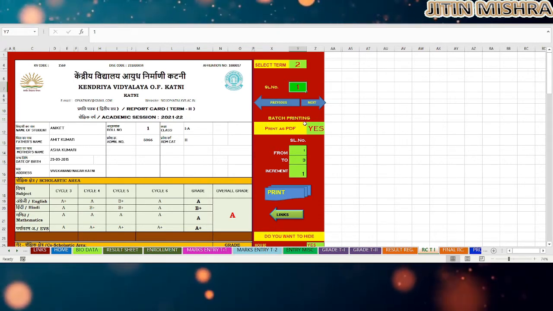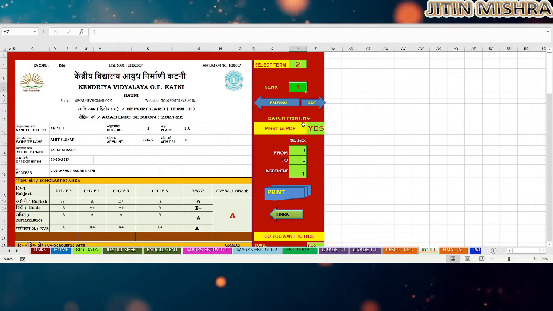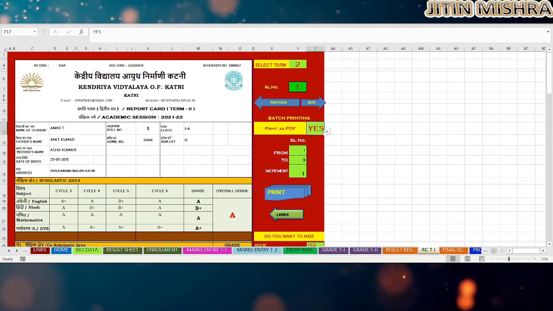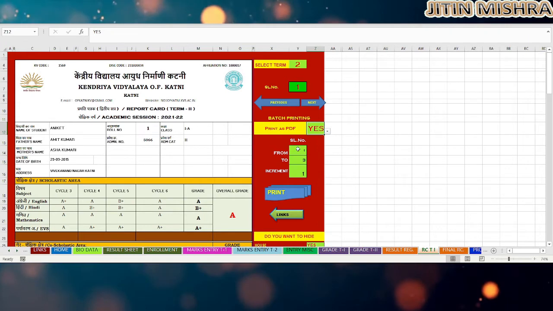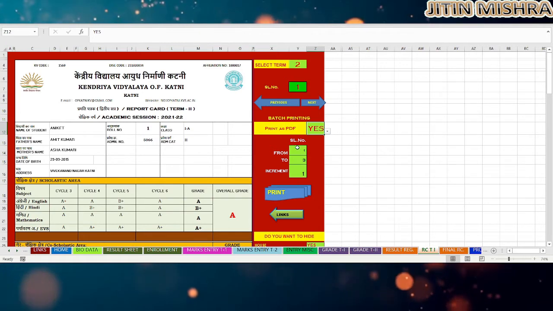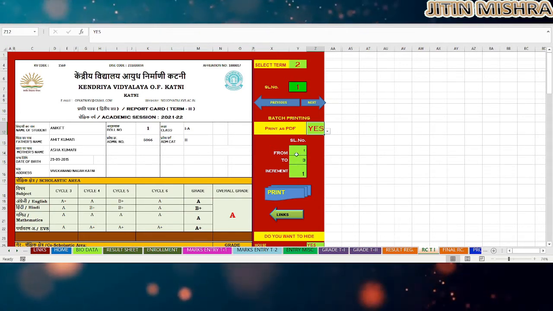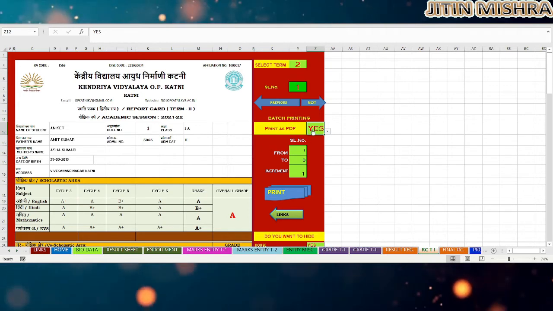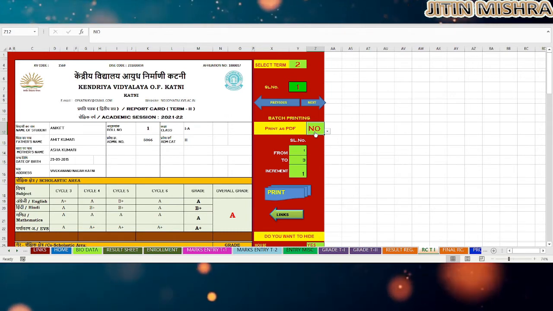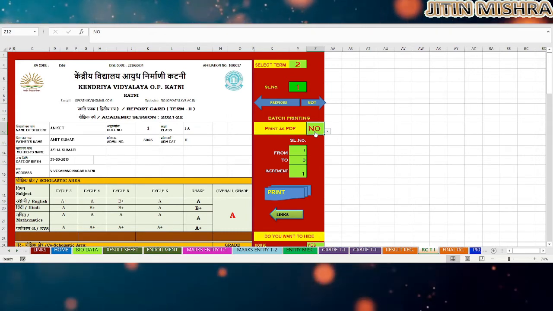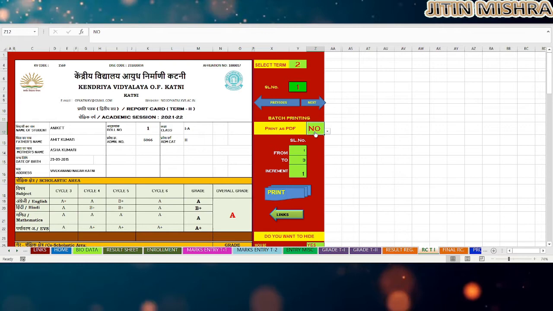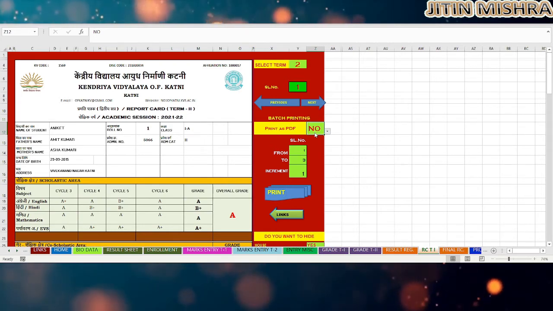After that, a batch printing option is there, means a sequence of report cards can be printed. First option is print as PDF. If you select yes, then the report cards within this range, from serial number 1 to whatever serial number you have mentioned according to your biodata sheet, will be printed in PDF form. If you select no, then they are sent directly to your printer if it is installed, and the hard copies can be printed easily without manual changes in the serial number of the student.